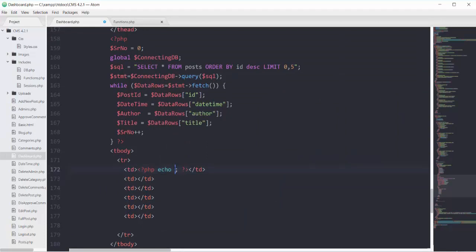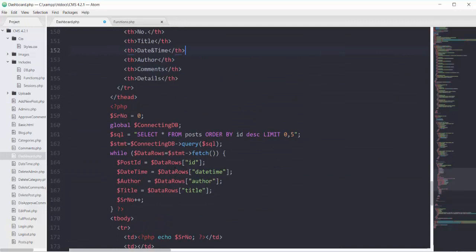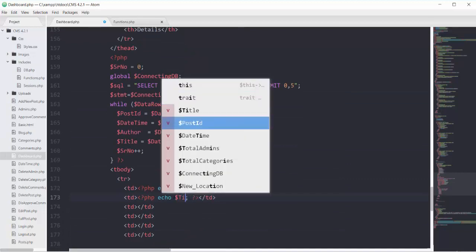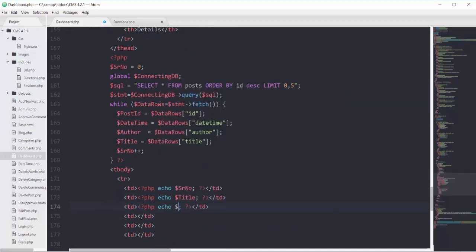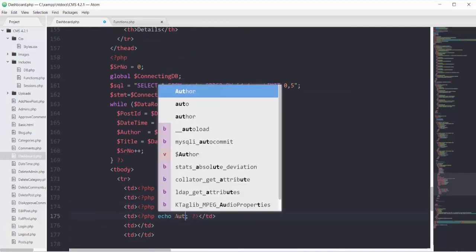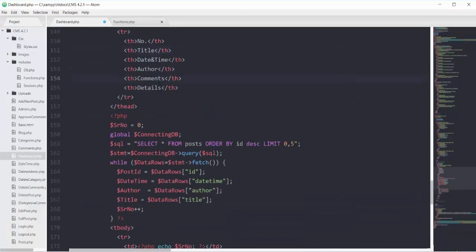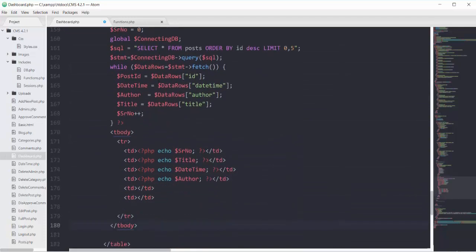Echoing my SR here, and then we will have our title, date time, author. After author you can see we have comments. So for the comments, for now I will add 2 badges here.